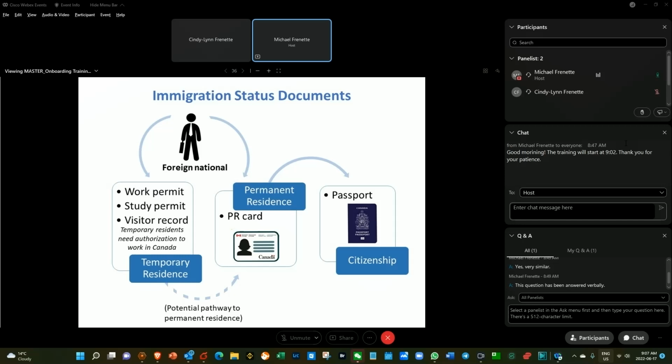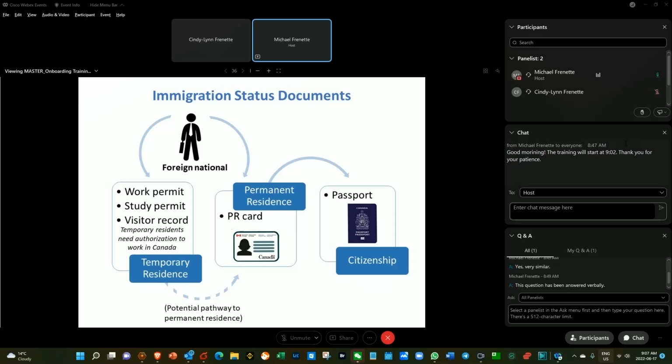And the last one, which we will cover later on in the presentation, is the work permit, or an authorization to work without a work permit. That is a requirement for a foreign national to be allowed to work in Canada. Conditions of the work permit can include the work that they're permitted to perform, the location of the work, the hours of work, the date when they can work, and the expiry date of the permit.